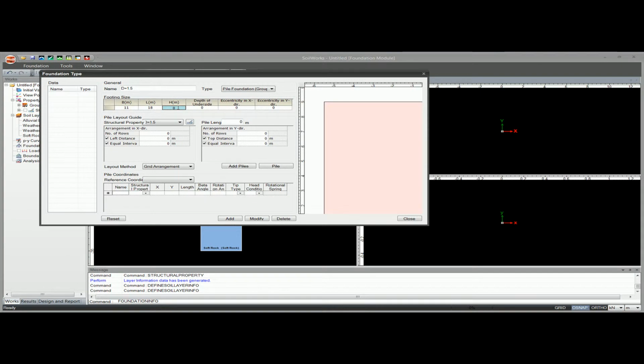So I'm defining the footing parameters, and I will define the number of rows that I have in my model for the piles in the X and the Y direction. You can also define the left distance, so you can tell the program from where the pile row has to be started, but in this tutorial I'm gonna keep it symmetrical, so I'm gonna define the equal interval as 3.75